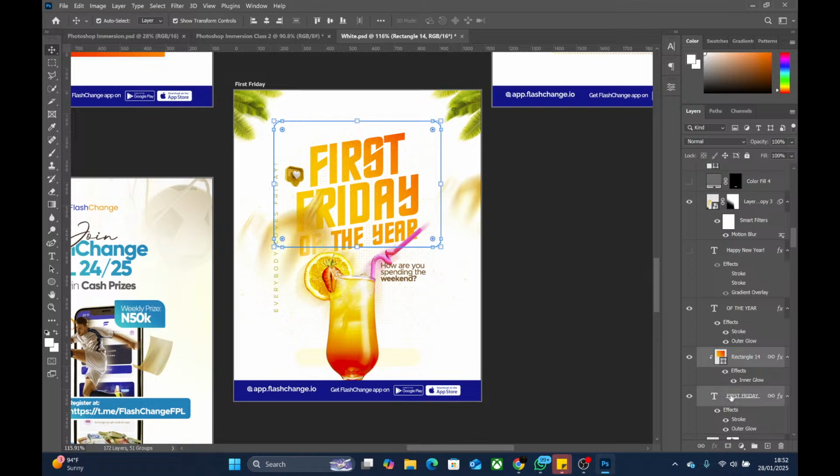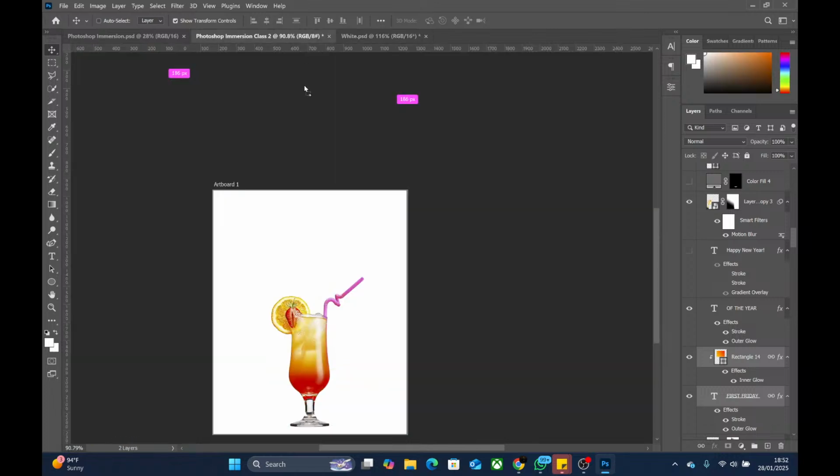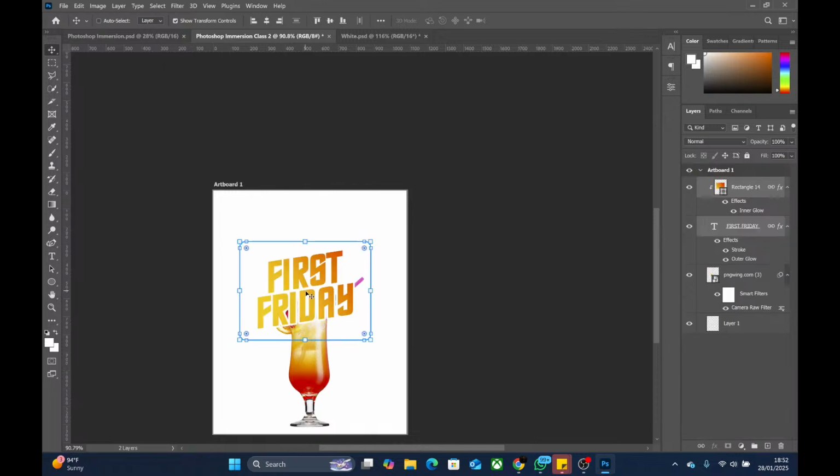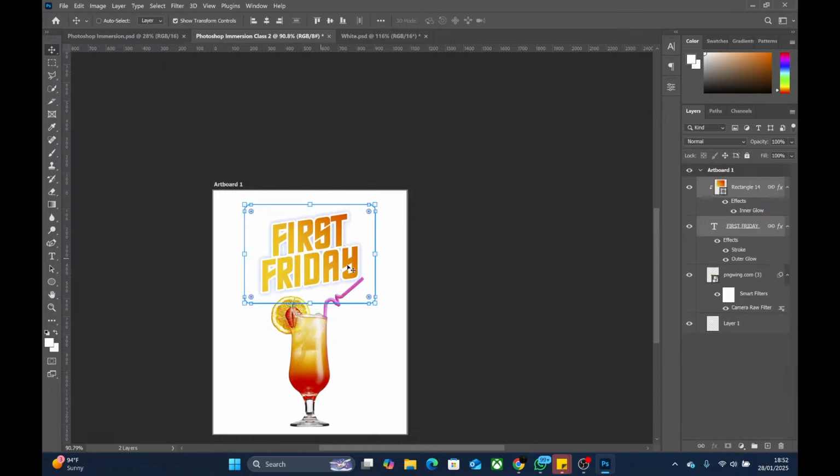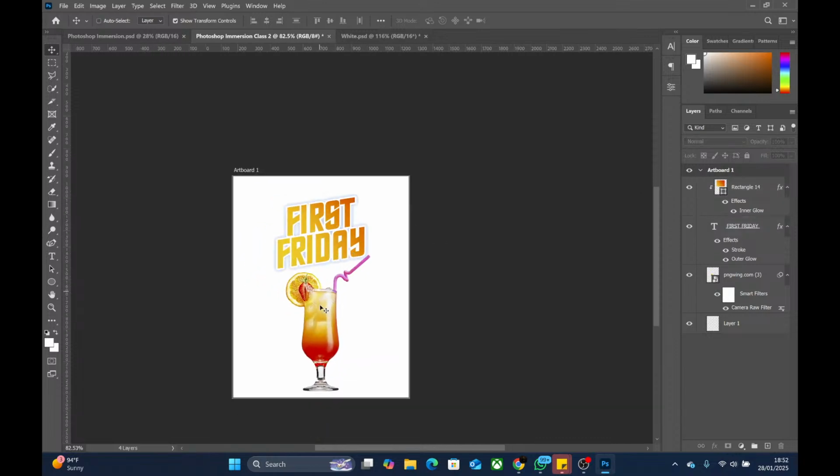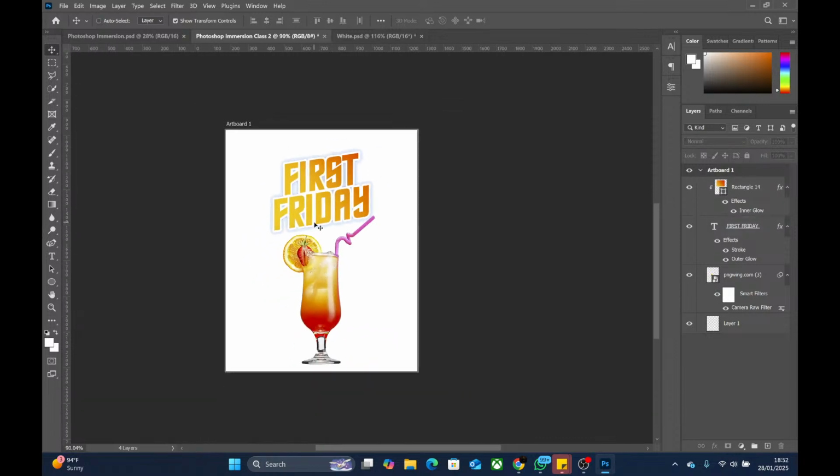Don't worry, I'm going to teach you how to select multiple items at the same time. Then I move it up to this place and drag it inside and release, so it becomes an item here as well. Now it looks different from what we had there. Don't worry, I'm going to explain everything to you. Now that is about the move tool.